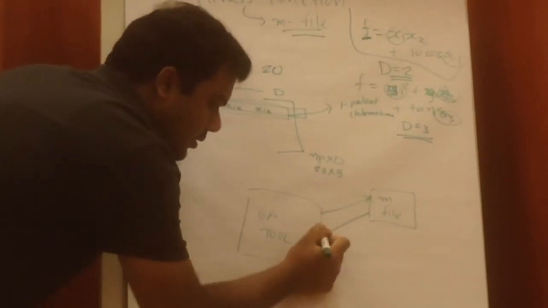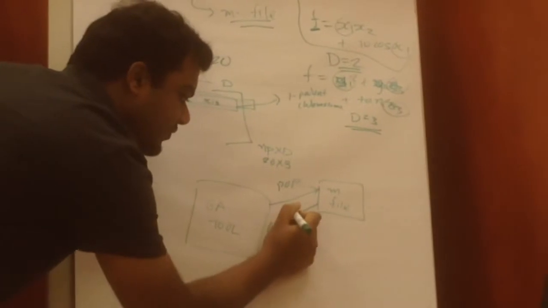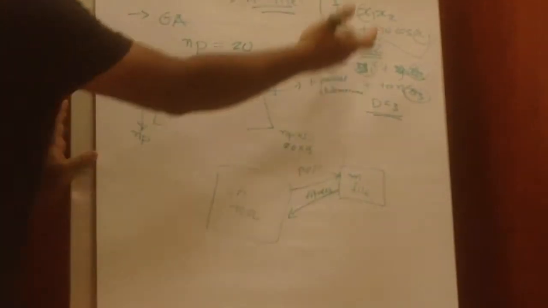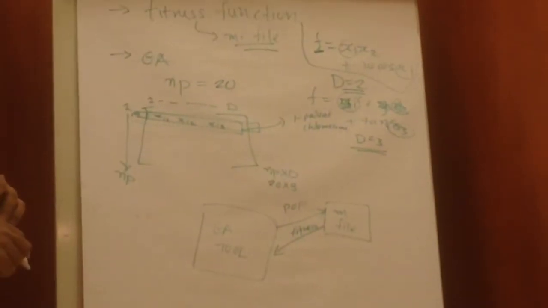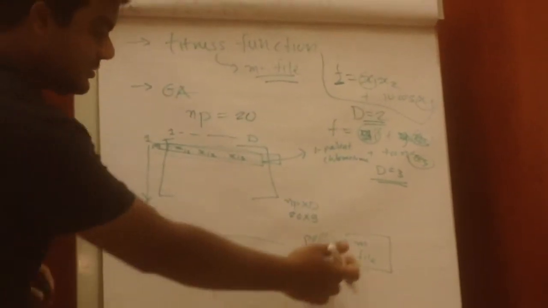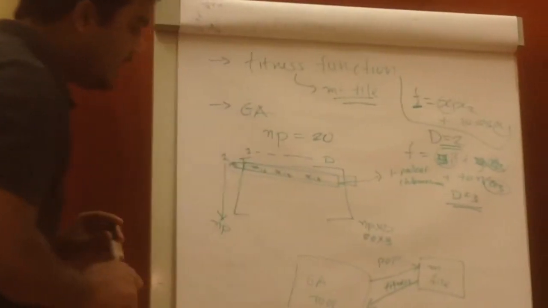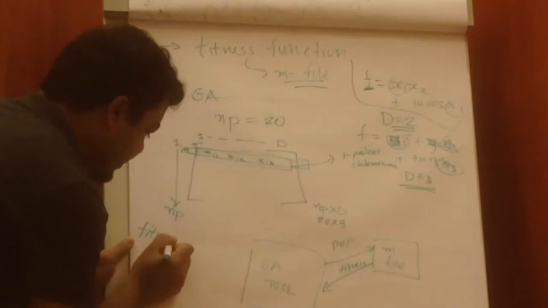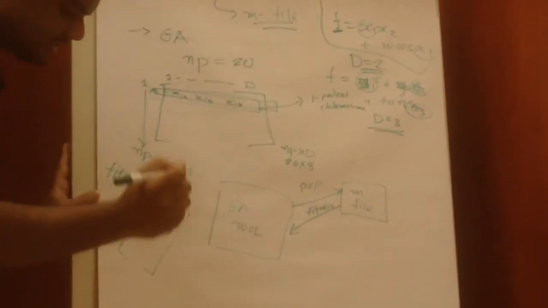Okay, so here goes your population, and here comes your fitness. And which one of them is the fitness function? Which one is the fitness? The fitness is obviously what the M file will return to the Optim tool, right? Okay. Now when you look at the fitness, it will have 20 by 1. Exactly.